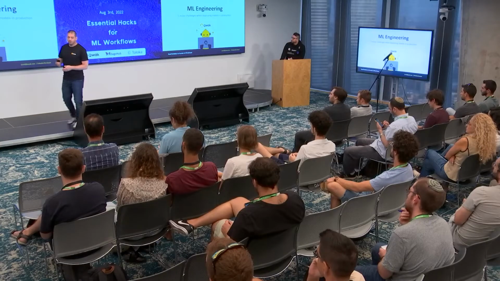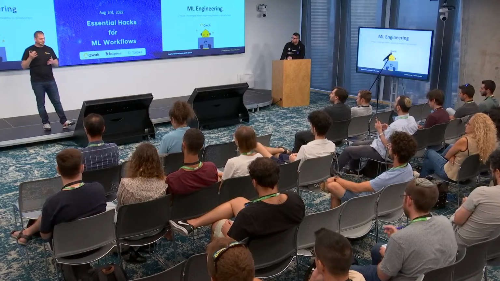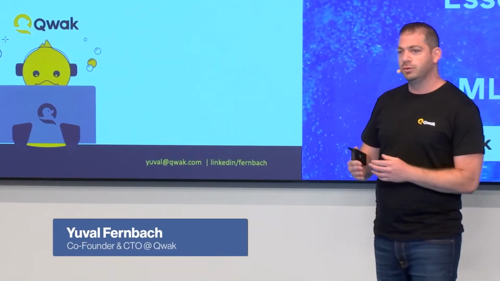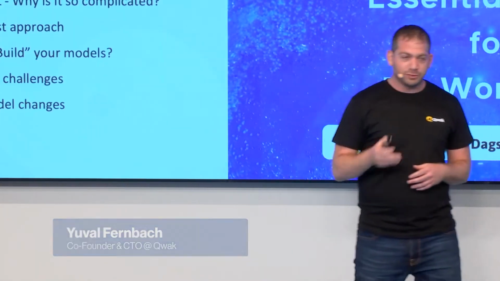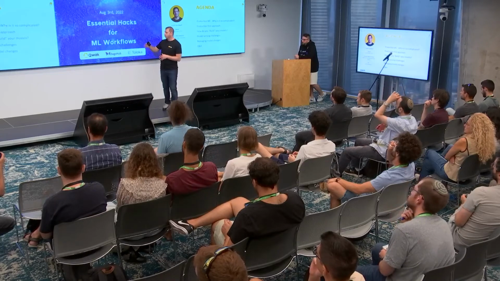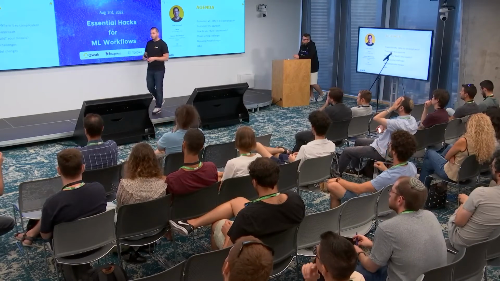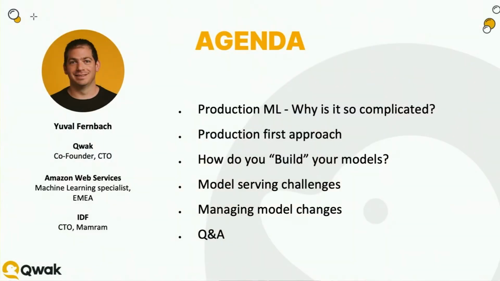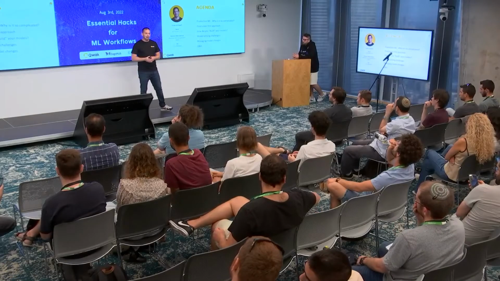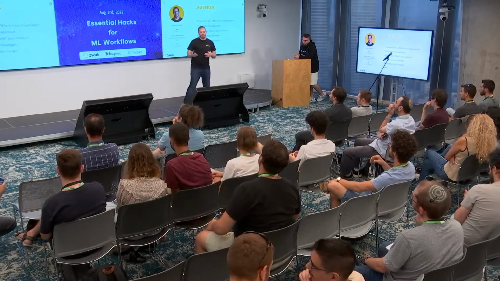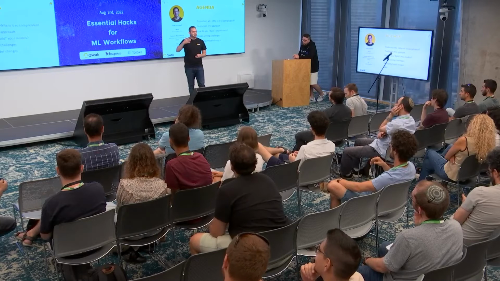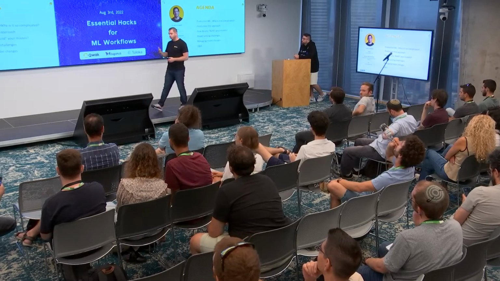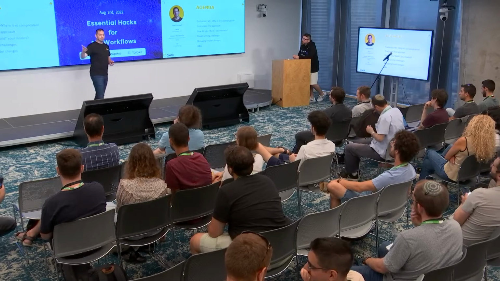And today I'm going to talk about 5 major challenges, maybe more, let's see, about deploying models in production, or basically how to productionize your models. So in this session itself, we'll talk about multiple topics. We'll start with production ML. Why is it so complicated? Why am I going to talk about it, and why does it take so much time for so many companies to actually deliver to production? I'll talk a bit about a production-first approach, at least my advice of how to eventually productionize faster and make sure that your models are actually affecting your product.